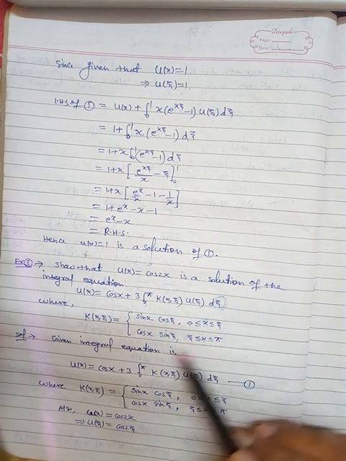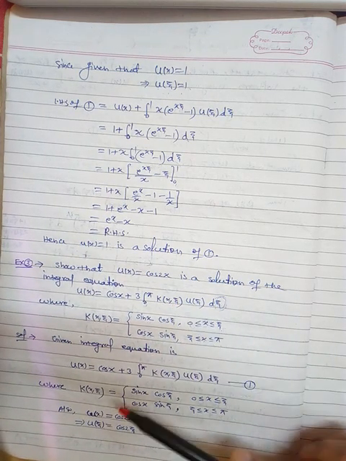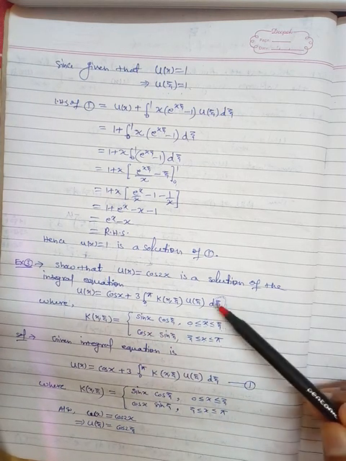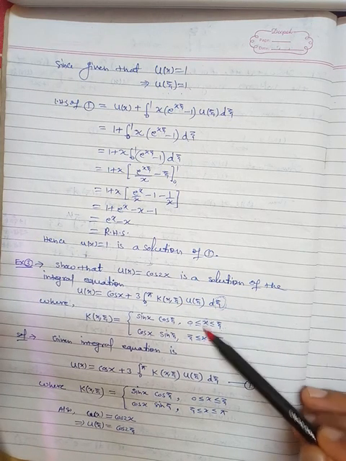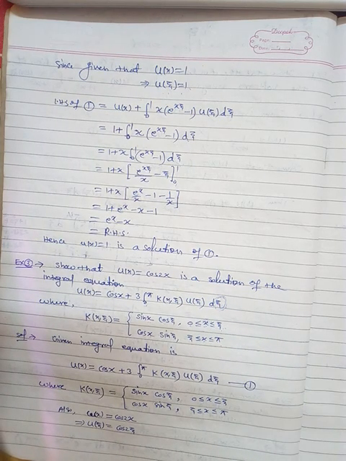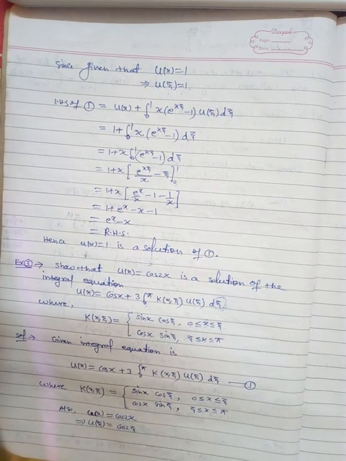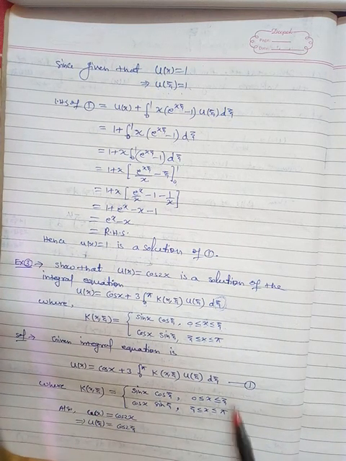So whenever you are substituting this K in this function equation or this integral, you have to interchange x and y, because in this case y is the parameter. Y is the parameter. Here x is the variable. Fine, remember this thing. Now here u(x) is cos 2x. This is the integral equation, denoted by 1, and K(x, xi) is already given to you.